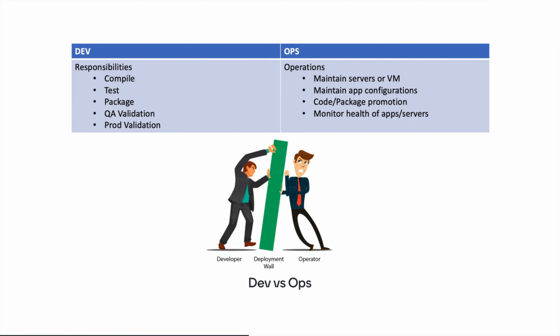In the past, we had different teams handling these steps, where the dev team is responsible for creating new features, testing and packaging them, whereas the ops team is responsible for maintaining infrastructure and promoting the packages to production. The ops team needs to ensure that the package they get from the dev team is free of bugs or any vulnerabilities that may impact the users of the system. The ops team also needs to make sure there is very little disruption to users who are using the system. Since they don't have a readily available metric that can help understand the correctness of the new features, it becomes an impediment and causes delay in rollout of new features.